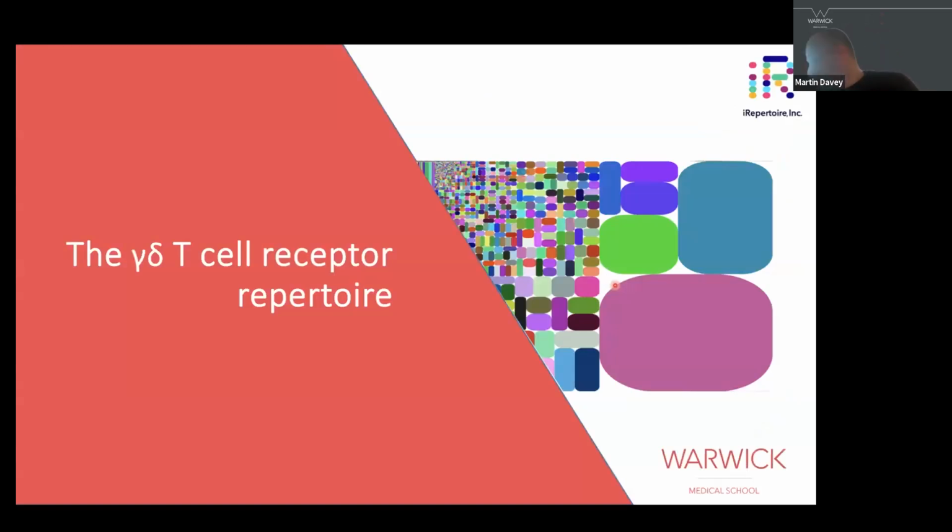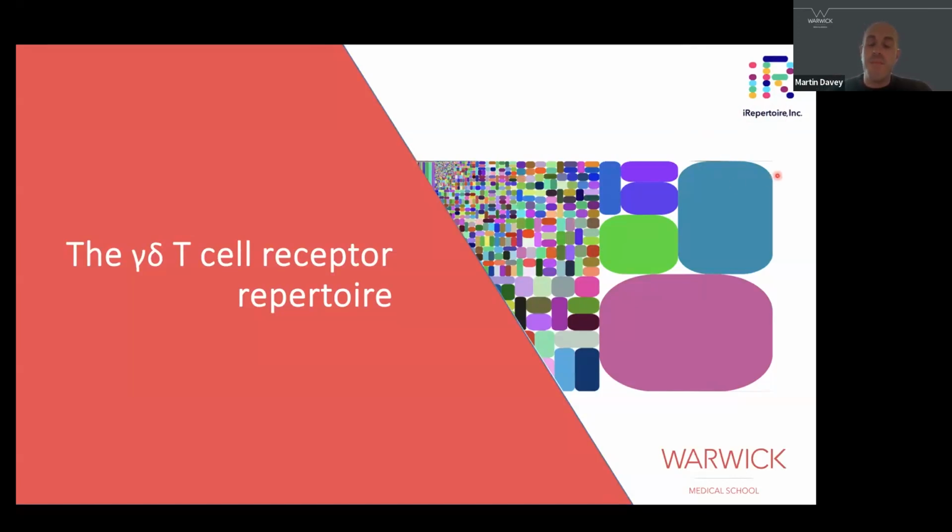So one of the ways that we set about doing things over the years is to look at their T cell receptor repertoires and try to understand: are there populations of cells that are restricted? Are they using specific receptors? And can you see expansions of clonotypes that would indicate specific antigens being used? And so just to plug a bit of iRepertoire's receptor pathways and some of the data analysis you can do.